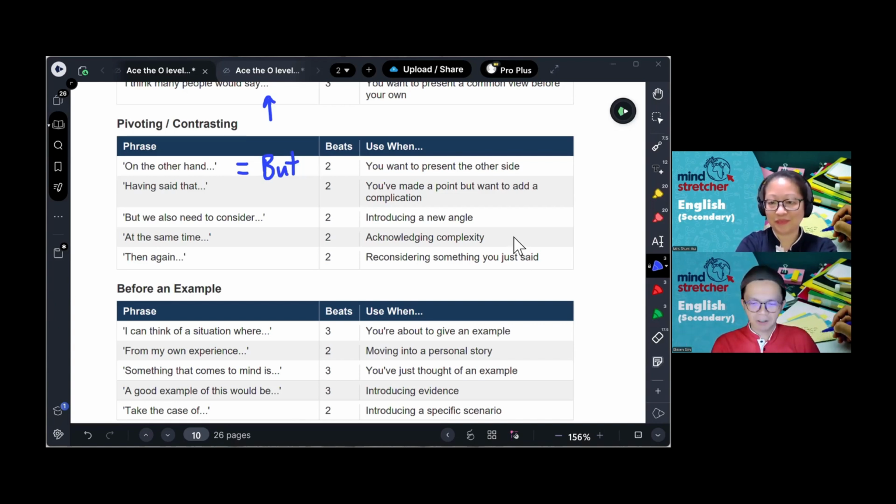Because I'm not just saying on the other hand, da, da, da. No, I'm going on the other hand, I think that... so I can drag it out because it's fine. We also need to consider the fact that